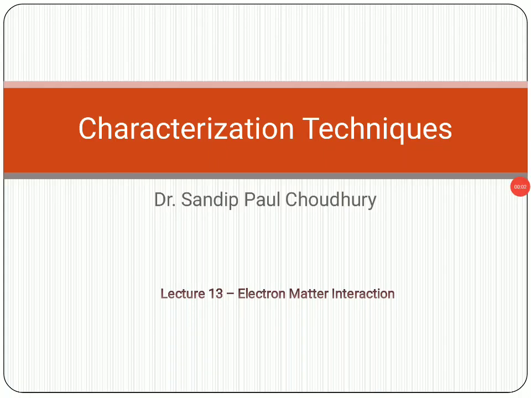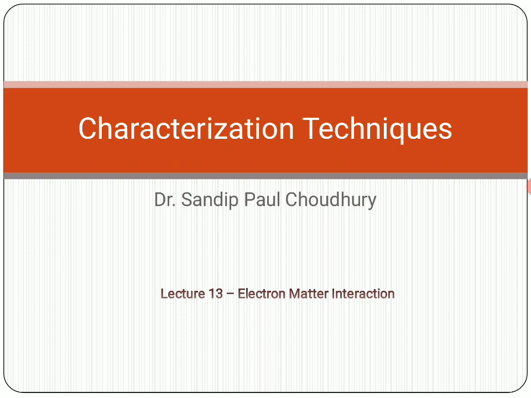So we'll continue with the 13th lecture of characterization technique, and as promised, I'm not going to talk more about SEM today, but something which is even more fundamental, which is basically called the electron matter interaction. So whenever we have electrons incident on your sample, be it a biological sample, be it a nanomaterial, be it a bulk sample, some kind of interaction happens, because of which we get different kinds of signals